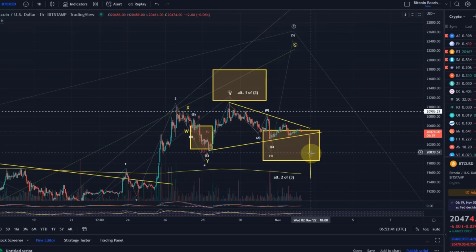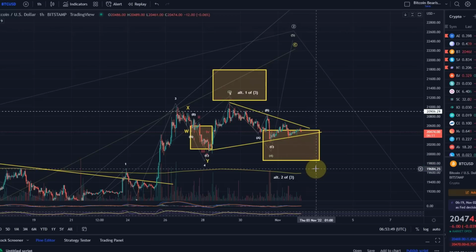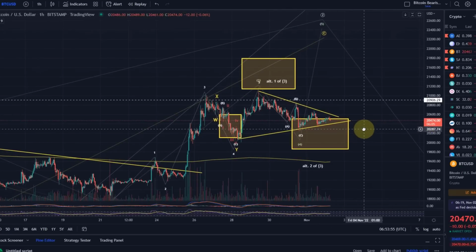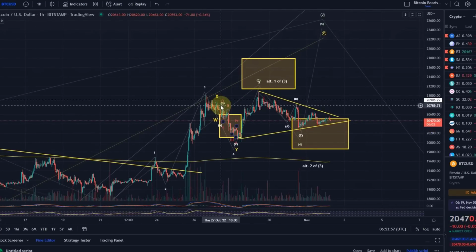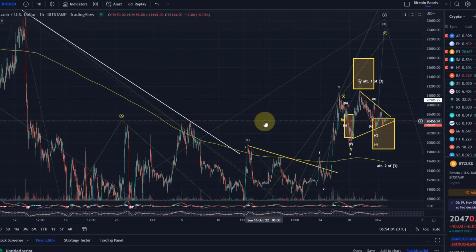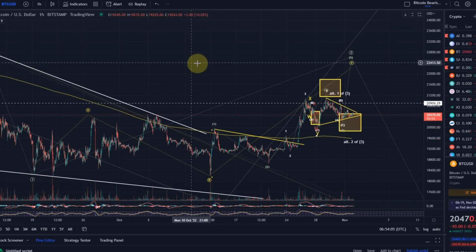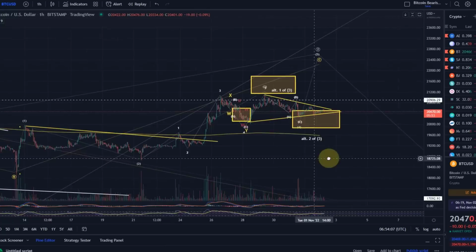But take these with a pinch of salt. They often don't work out, these traditional ways to calculate targets. Someone put in that if we get to the wave D target, it would be a triple top. That's true, but triple tops are fairly unreliable. Same way with double tops or triple bottoms, they are fairly unreliable. They often don't really work out. But that is the view at the moment here with Bitcoin.